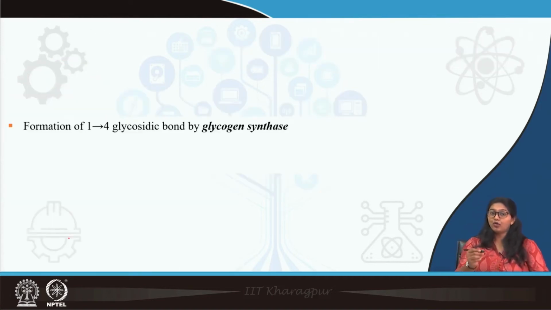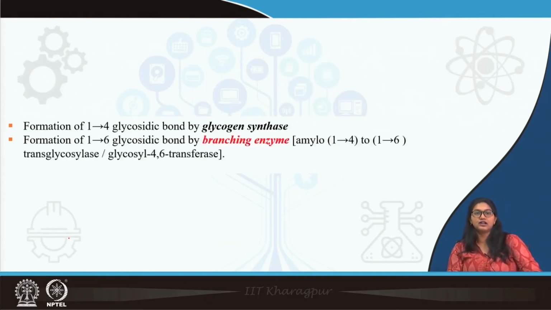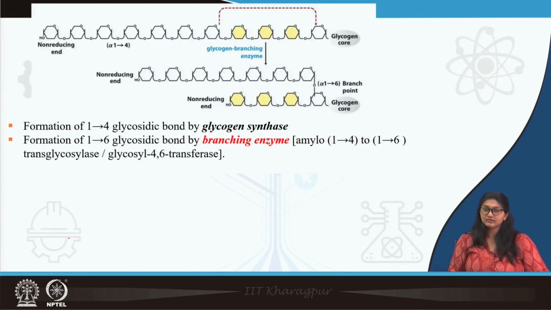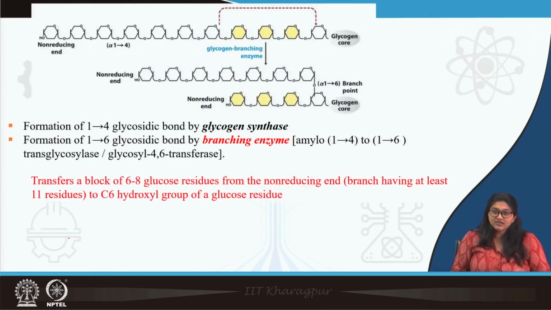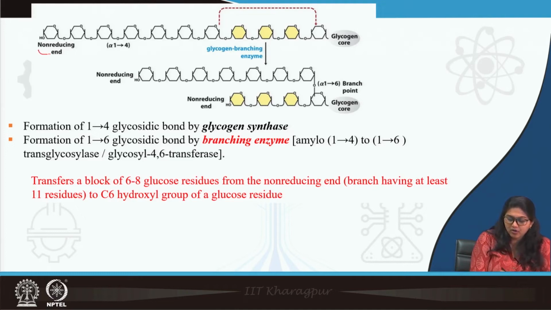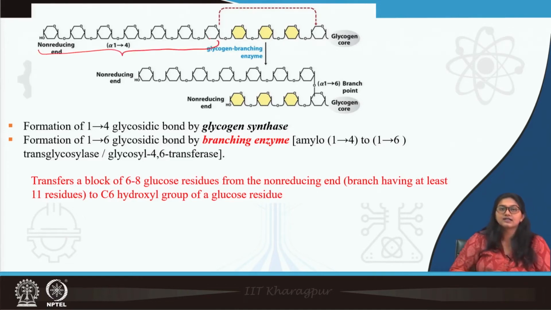Now, another type of bond, if you remember, is present inside the glycogen, that is alpha 1,6 glycosidic bond, that is formed by branching enzyme. Branching enzyme is also known as amylo 1,4 to 1,6 transglycosylase, or sometimes in a simplified form we say glycosyl 4,6 transferase. Now, what does it do? It transfers a block of 6 to 8 glucose residues to the non-reducing end of the branch,